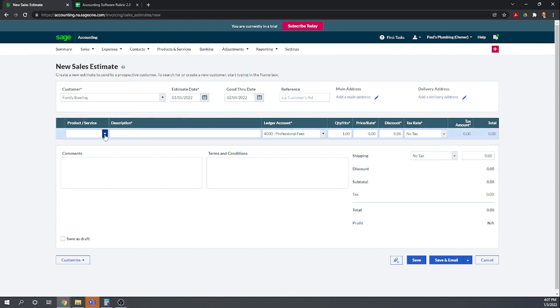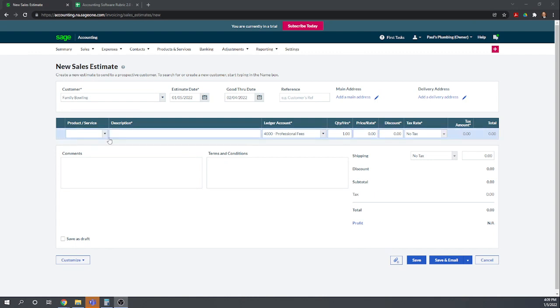Okay, now we want to make sure we can assign this to a project. So when we record an invoice, at the end of this product service line, there's generally these three little dots that we can click, and then we can assign that invoice to the class, location, and project that we're working on. So when we do an estimate, it's not allowing us to assign that estimate to a particular project. That's not ideal. But let's go ahead and create the estimate anyway,